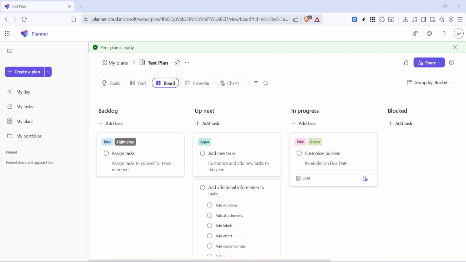In today's video, I'm going to teach you how to delete a list in Microsoft Planner. If you're organizing tasks in Planner and no longer need one of your lists, the process is very simple once you know where to look. In Microsoft Planner, lists are often used to group tasks together, so deleting one can help keep your board clean